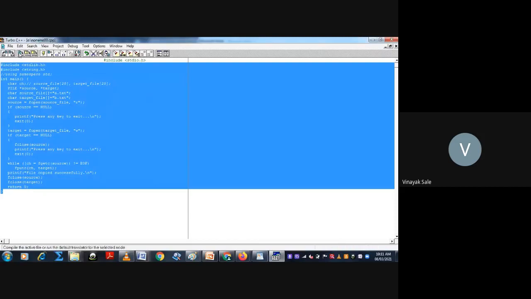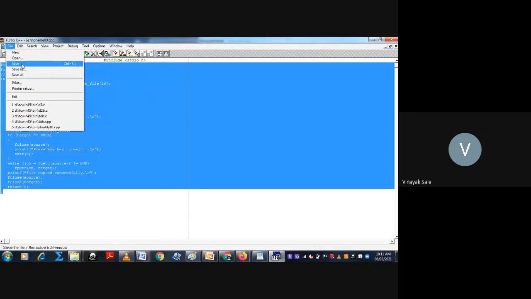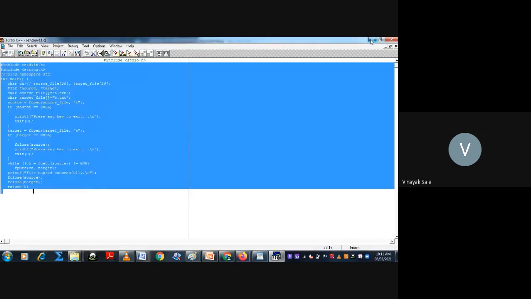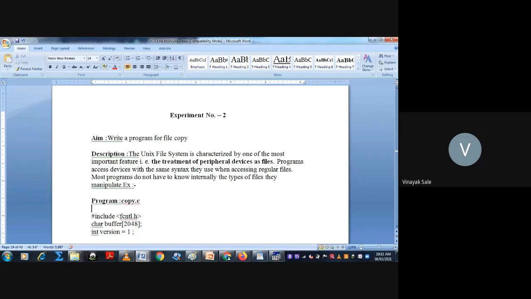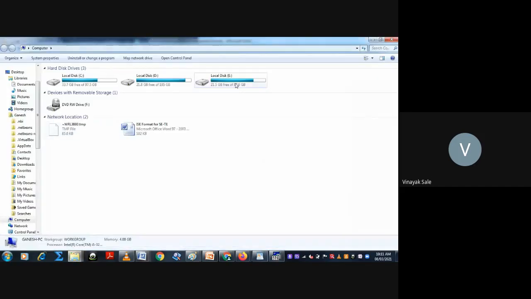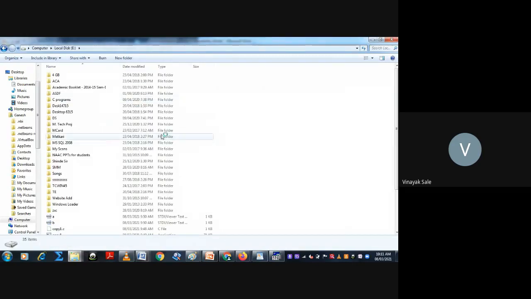It will save by another name, save as copy11. Go to that folder, that is the folder name. Then there are two files, A and B.